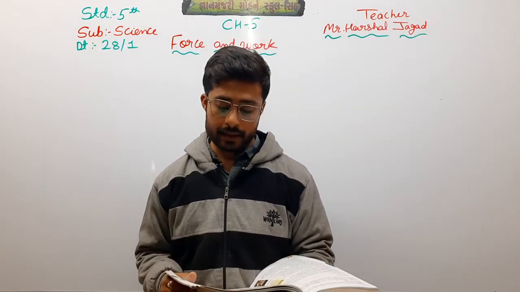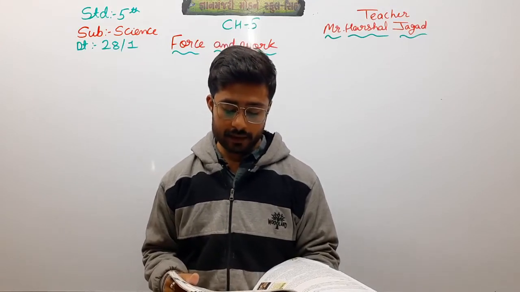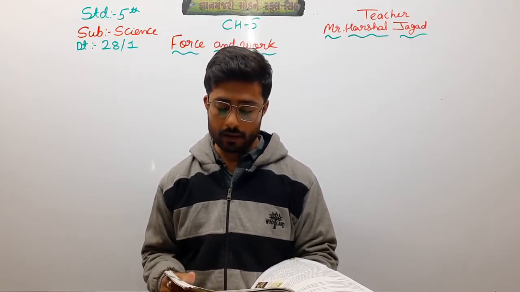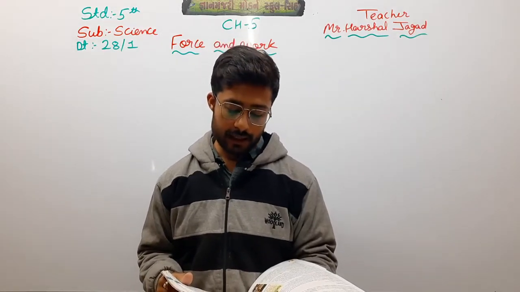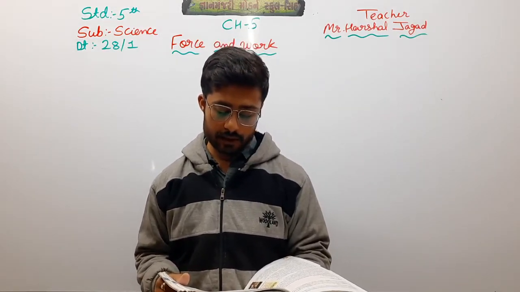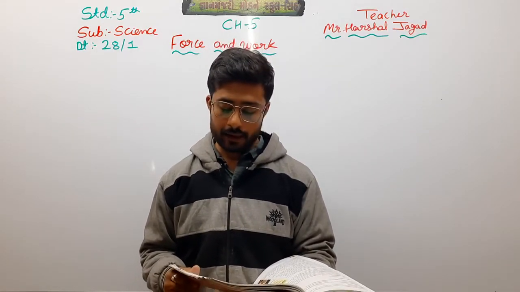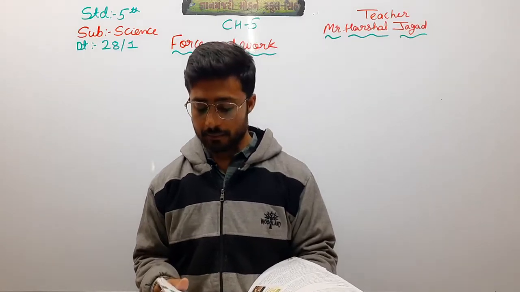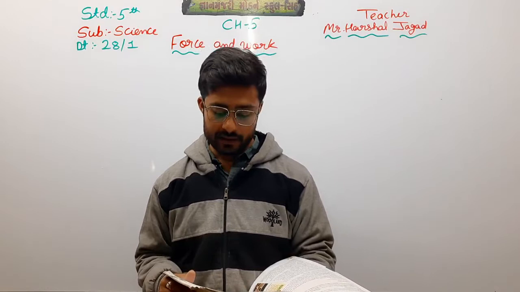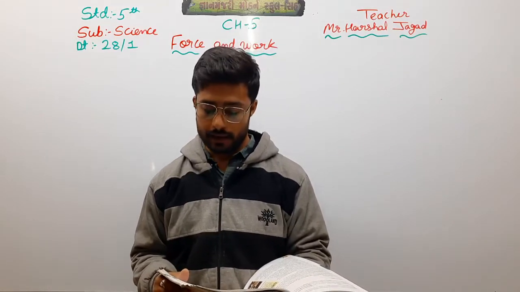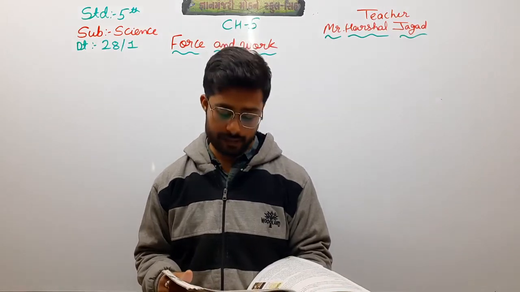Keep some pins on a sheet of paper and move a magnet below the sheet. The pins will move about the sheet along with the magnet. This is due to the magnetic force. Mechanical force: when a bulldozer pushes earth or a tractor pulls a trailer, it is a mechanical force. When you use a pair of scissors, you use muscular force. The pair of scissors uses mechanical force to cut a sheet of paper.